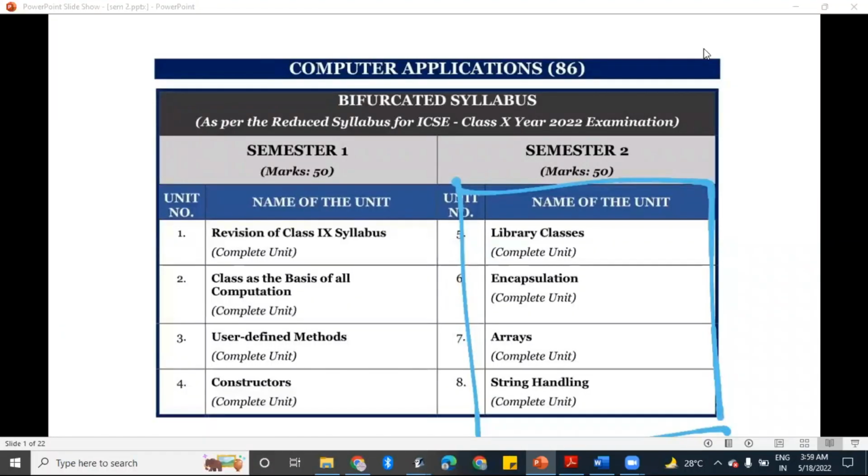Hello children, very soon you will be appearing for your semester 2 examination for computer applications. So let us have a nutshell revision of the computer applications subject. As you know, your semester 2 examination is of 50 marks in total and you have got 4